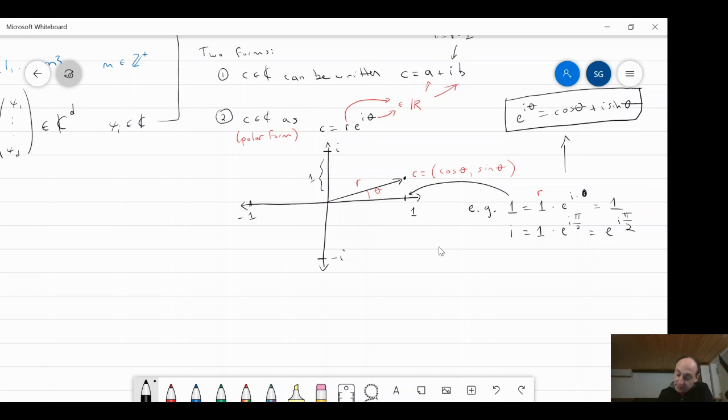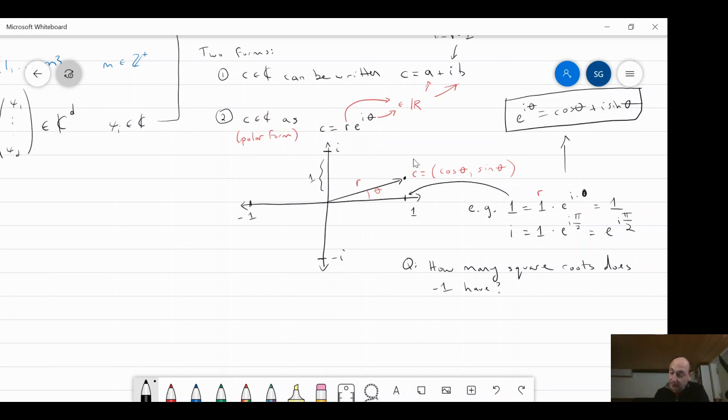Now I think is a good time to pause for a second and ask yourself: we usually think of i as the square root of -1, so that i squared equals -1, but the truth is that there's actually more than one square root of -1, right? If you look at this picture, there's more than one. One of them is i by definition. It's this guy over here, and how do we see that?